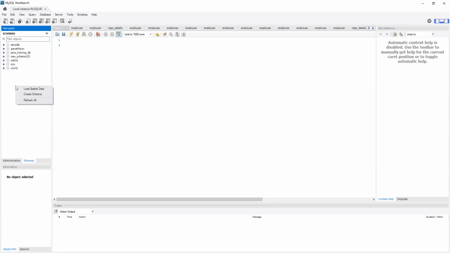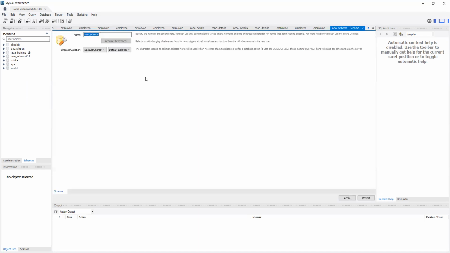So let me create a database, a schema. If you right click in the left side panel, it will show Create Schema. So you can create a schema here. Let me give the database name as training POC, in small letters.